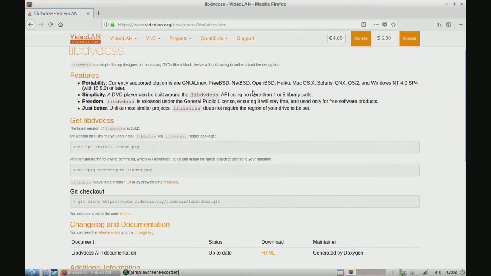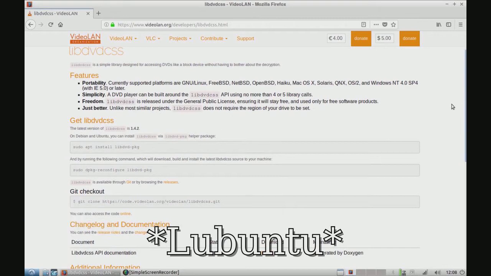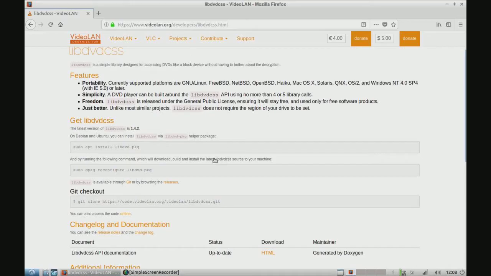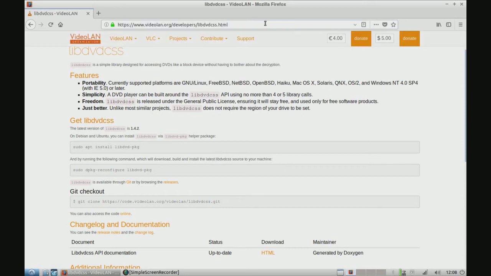Alright, so here we are on our Linux PC. I'm currently running Ubuntu 18.04 32-bit on my old computer, and it is super speedy and everything. So far, I'm loving it. Just installed it. Anyway, we're going to install libdvdcss. You can go to this link up here. This link will be down in the description of the video, okay? In the description, so we're just going to select this, sudo apt install